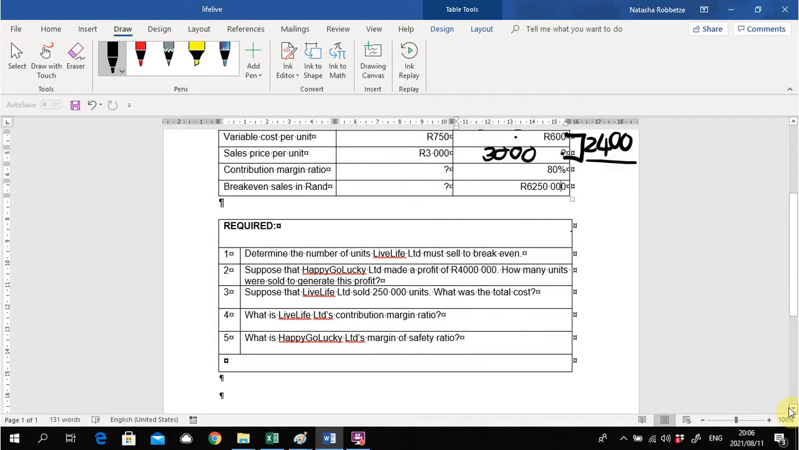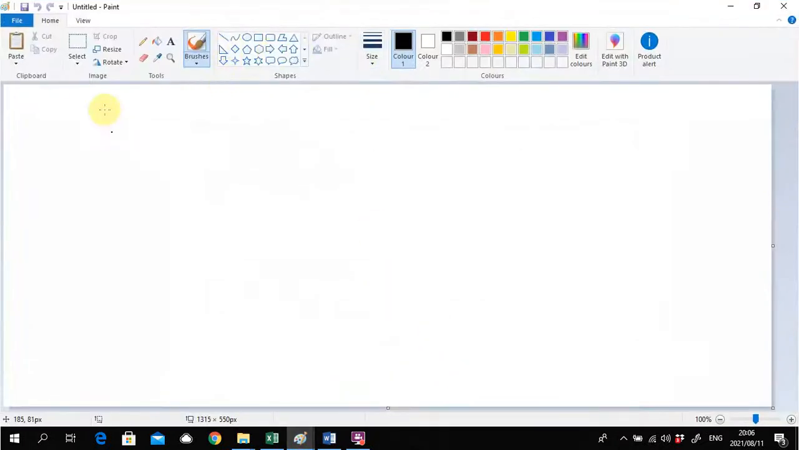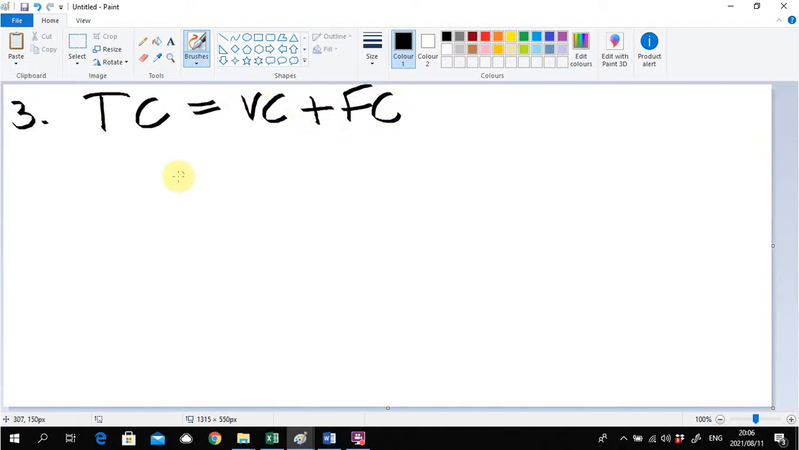Right, next one, they said that Livelife sold 250,000 units. What was the total cost? Right, how do we calculate total cost? This is required number 3. So total cost will be variable cost plus fixed cost. And we are on Livelife, so the variable cost is per unit. So it's 750 Rand, and they tell us that they sold